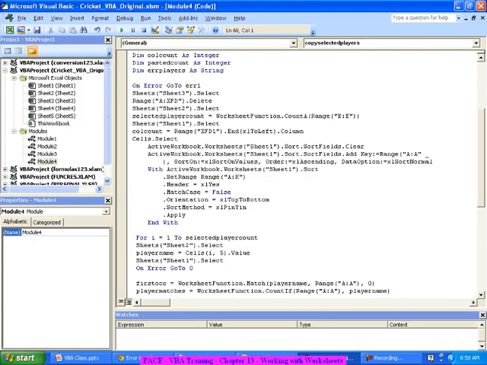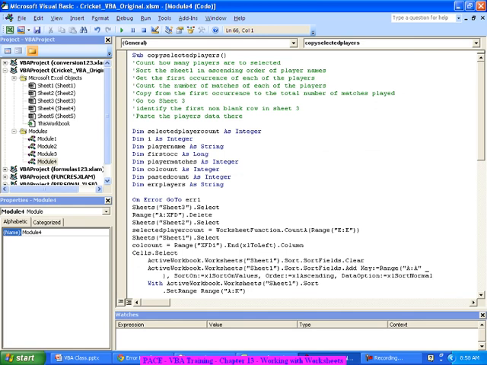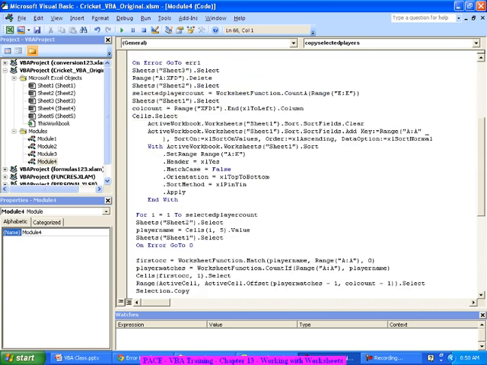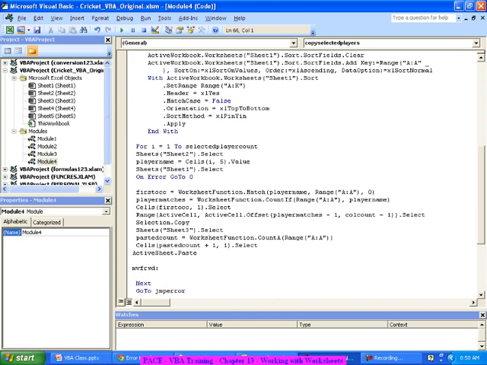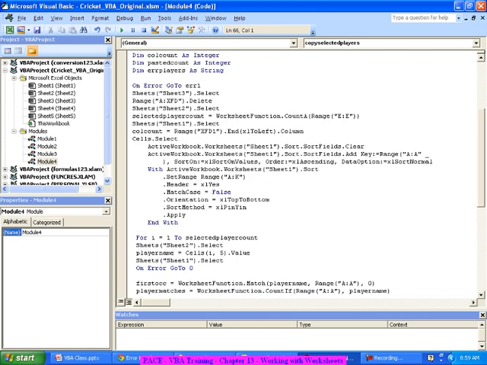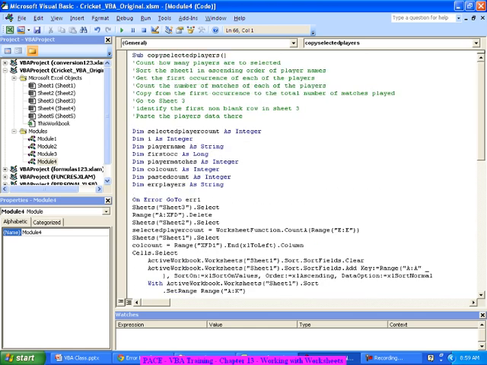So what we'll do is make a copy of this itself, because half of the work is more or less the same until the identification of the player and all these things. Instead of pasting it into the existing sheet 3, we are creating a new sheet and pasting it into that sheet. That's the only thing. So let me copy the code which we have already written,